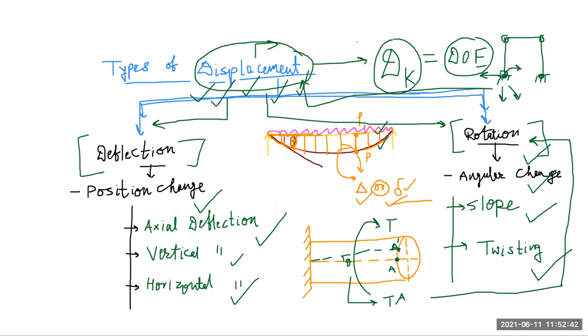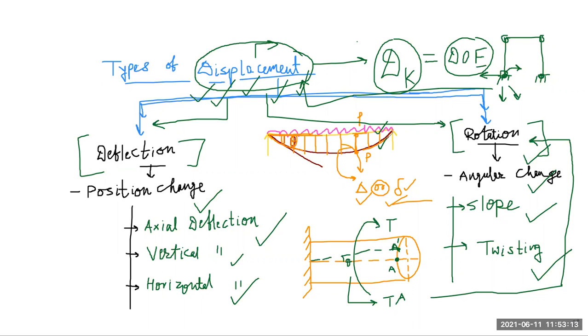I already discussed this by taking an example of a cantilever. We first see the straight profile of a cantilever, then we apply a load on the free end of the cantilever, then we see the straight profile of the cantilever will get deformed to a curve profile. I also define how the curve profile is known as your deformed profile or deformed structure. Then between the straight profile and the curve profile a displacement occurs. Then I discuss types of displacement.